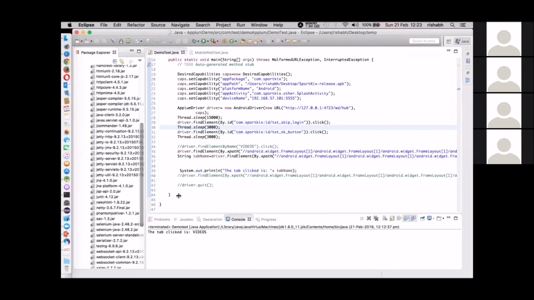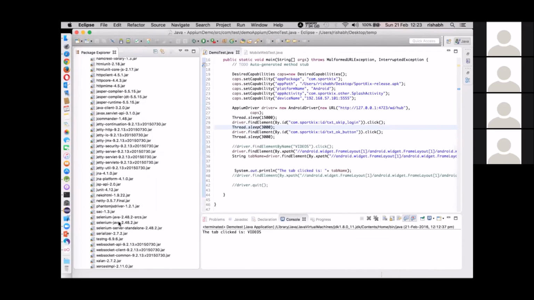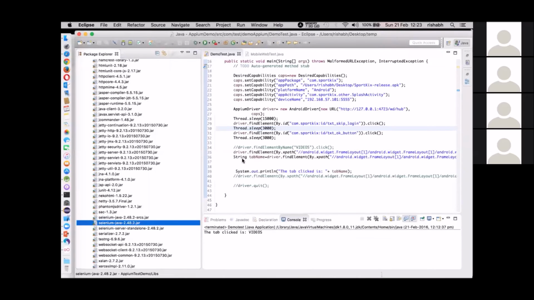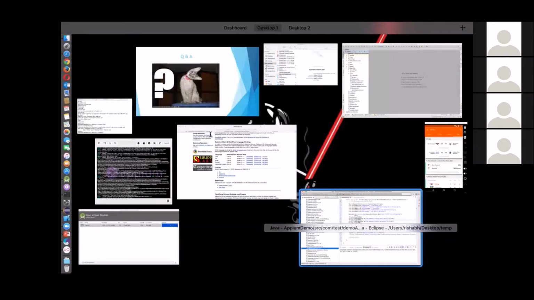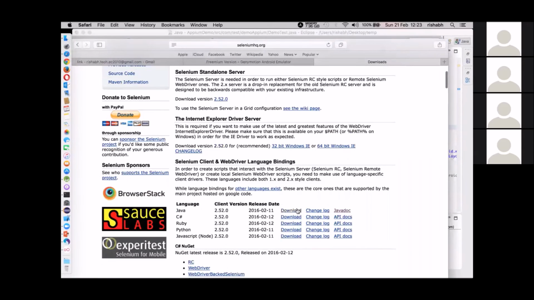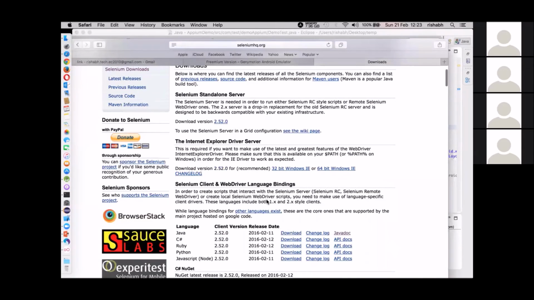I have used the Java client plus the server standalone. So these two things you will require, nothing else. It's available on the Selenium site: Selenium standalone server and Selenium Java. Those two things only.